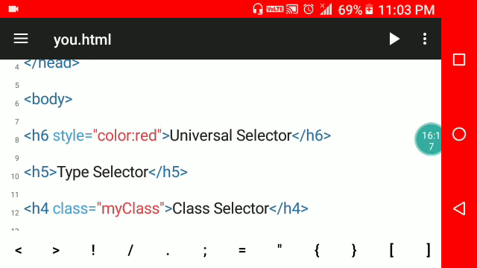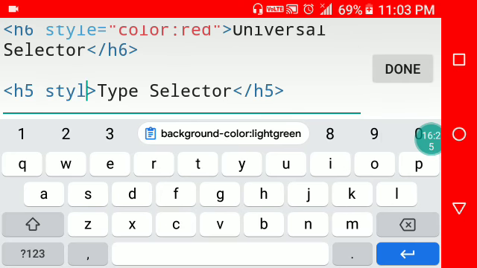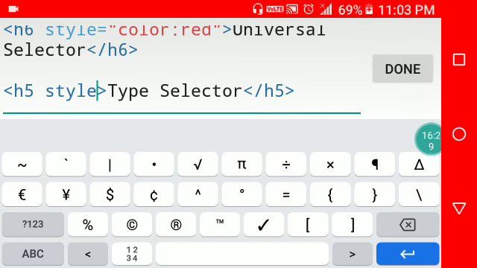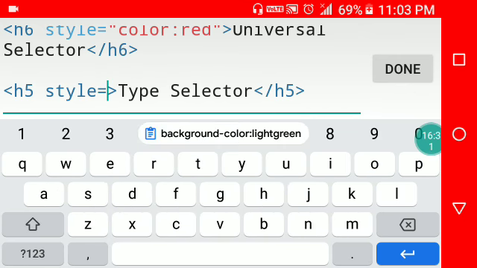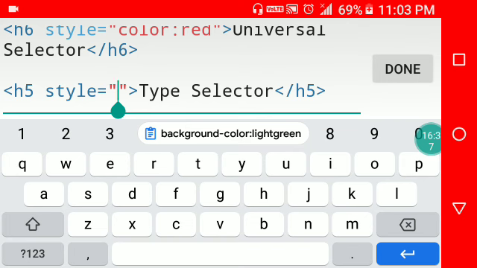Now if you want to change the H5 element, you will write style equal to, double quote, and inside the double quote the name of the property.